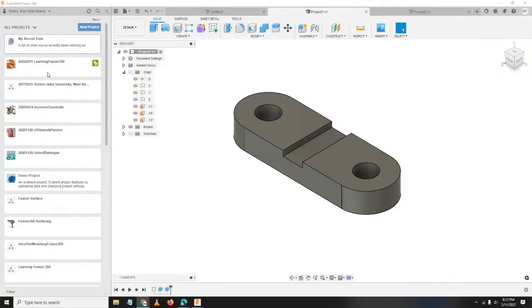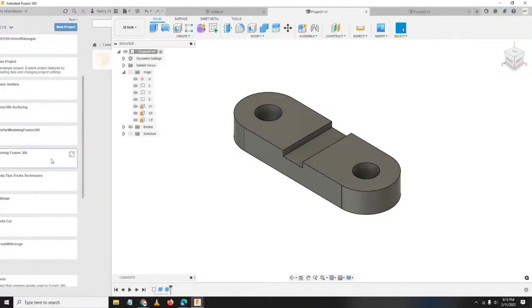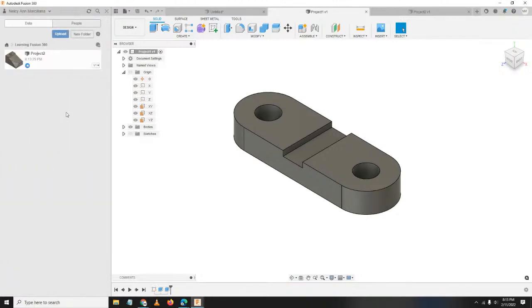For example, ang aking Learning Fusion 360 project, pwede ko kayong i-invite. For example, si Sir Adrian, pwede ko siyang i-invite sa project ko para ma-edit niya and makita niya to.